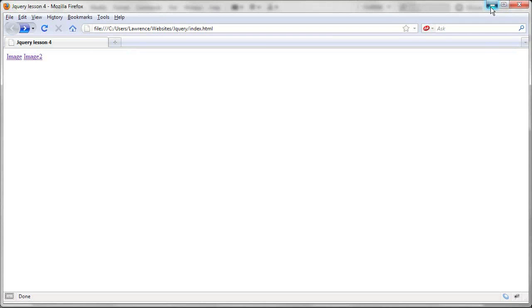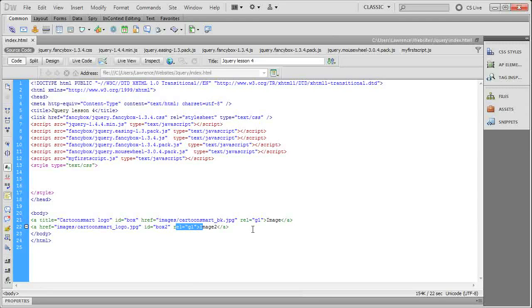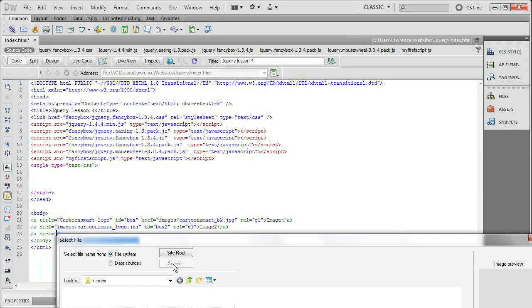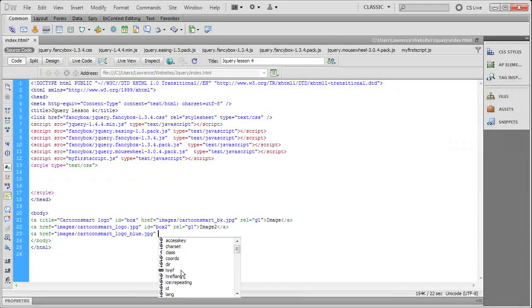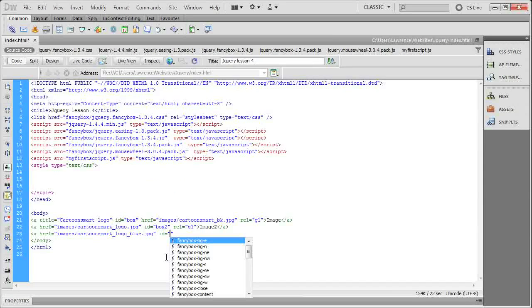And then we can add in as many of these elements as we want. So let's add in another anchor tag with a href. We'll link this to the blue Cartoon Smart logo. Give that an ID of box 3. Give it the rel attribute,